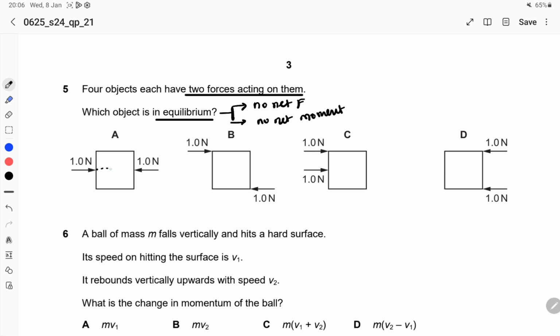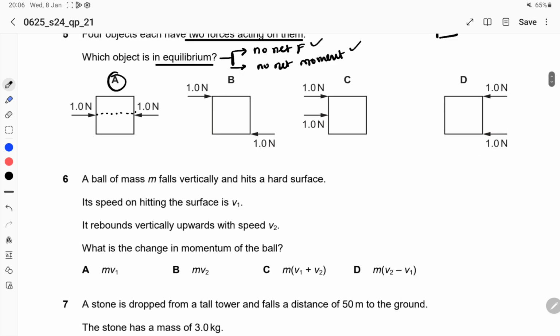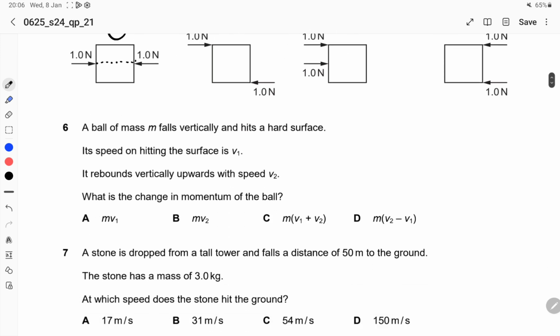If you look at option A, they're acting along the same line and in opposite direction, which means both the conditions are satisfied. But if you look at B, yes, the values are same. It may look like the answer, but this will produce rotation. For such questions, keep an object in front of you. Keep your compass box and apply forces and see where this is satisfied. You will see that the answer turns out to be an option where the forces are acting in line. If there are 2 forces, mind it.